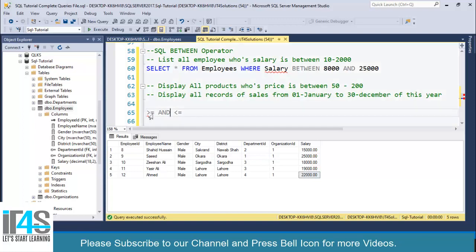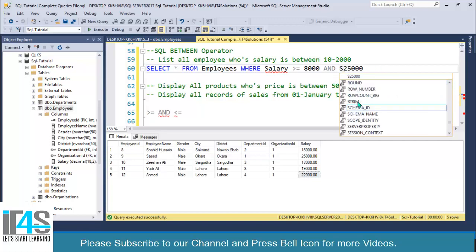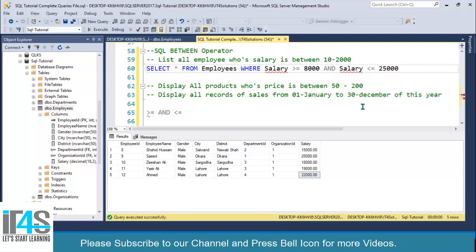This is what we can use as opposite to the BETWEEN operator, and this will return exact results. Let's copy, and we'll paste greater than or equal to and salary less than or equal to. Now execute this one.